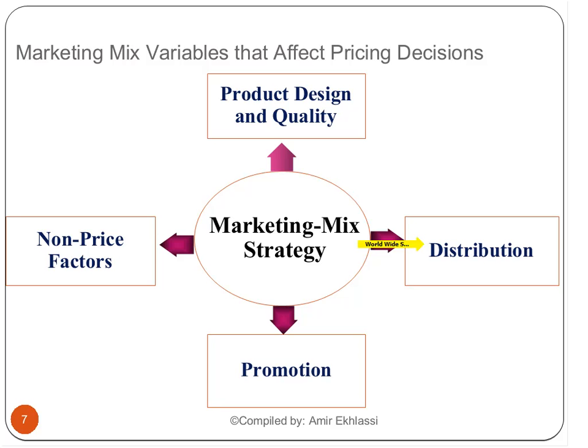Distribution is important in pricing. Very good. Place. Place means in which place you want to offer your product or services, through your representatives, through your branches, through your, for example, partners. For example, you produce soft drinks. How can you distribute your products? For example, you produce a smartphone.